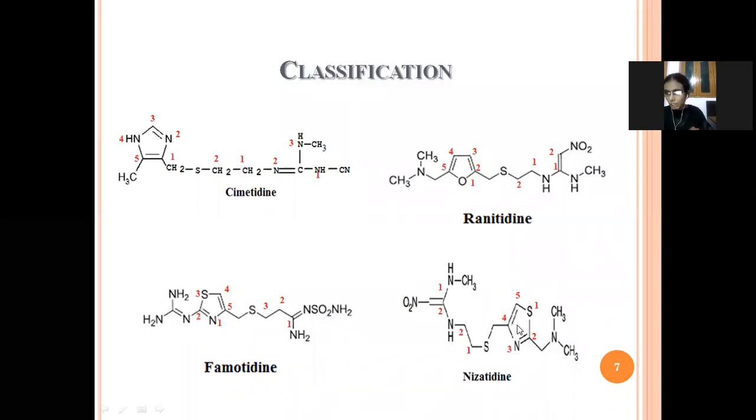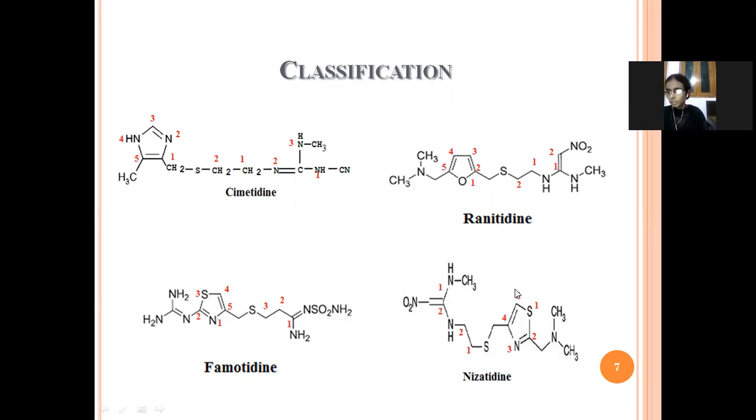So this is the structure of the thiazole. See here, in first position sulfur and third position nitrogen. So this is the thiazole, and here in the second position methyl, and here dimethyl amine is there. See here, 2 methyl groups is attached to the nitrogen. So this is the dimethyl amine, and here 1 of the methyl group, and here sulfur, and 2 carbon atoms means ethyl amino, and here two carbon atoms, here nitro, so nitroethyl, and here methyl amide is there.